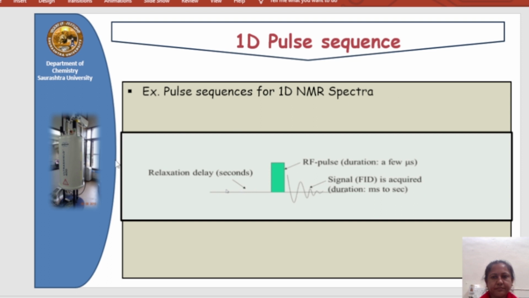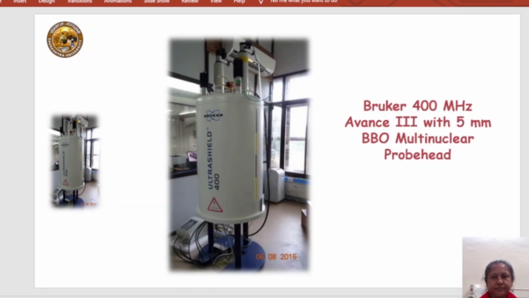So this is the full pulse sequence for a 1D NMR spectrum as a single pulse. After that we repeat this process, and that is known as the number of scans. If we want to do that further, we require some delay, which is known as T1. After completion of one scan, we apply the second scan and give some delay, known as T2. We will discuss later the importance of T1 and T2.